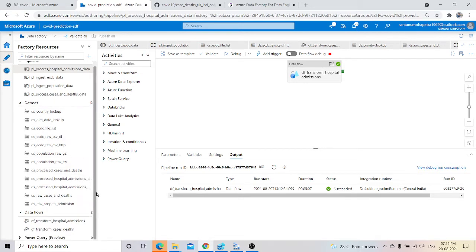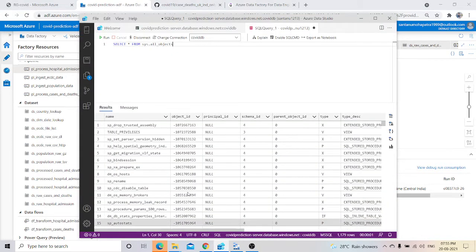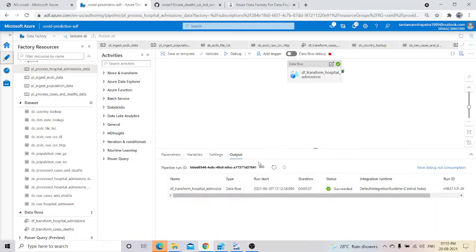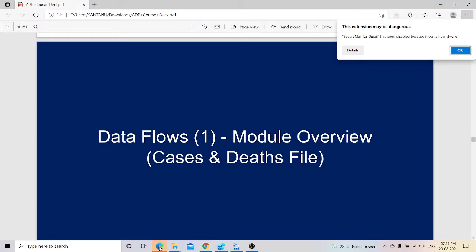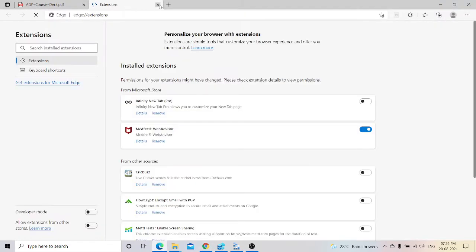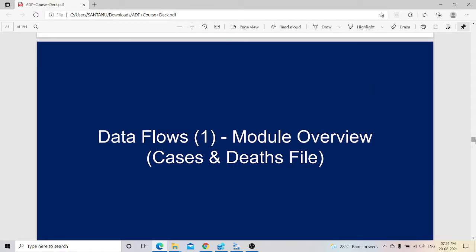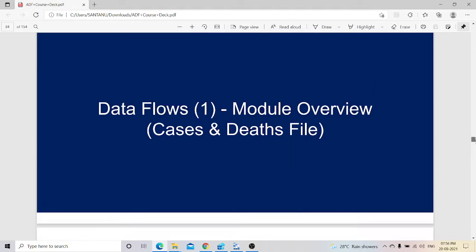We partition the data set into two. One is for the confirmed cases and death data, and the other one is for the hospital admissions data. For confirmed cases and death data, we have already prepared a flow chart, or you can say a PDF or PPT, whatever. I have taken this PPT as a reference from Udemy. So without further ado, let's start with the workflow.